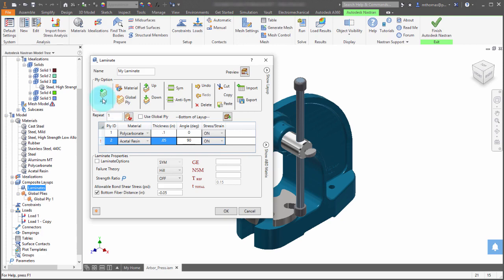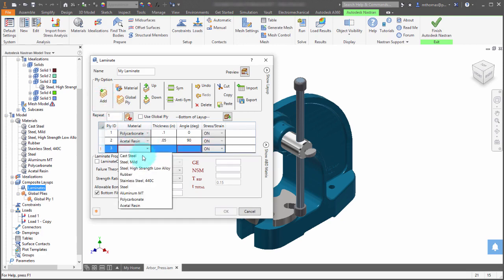And I can continue with that, so I can click add. Let's pick another polycarbonate. We'll put another thickness in here, and we'll go back to 0. Now, there are some tools to help you duplicate this. So notice I have the ability to copy. So perhaps I want to take